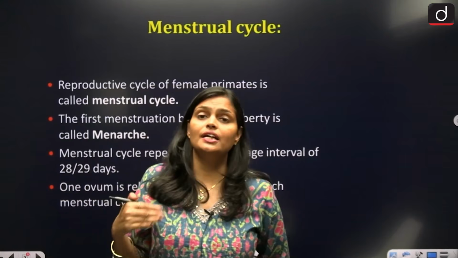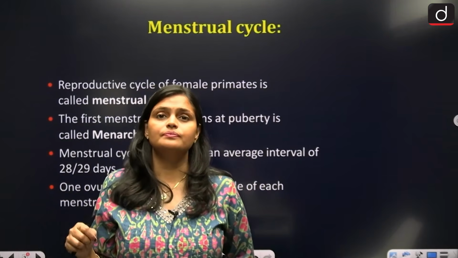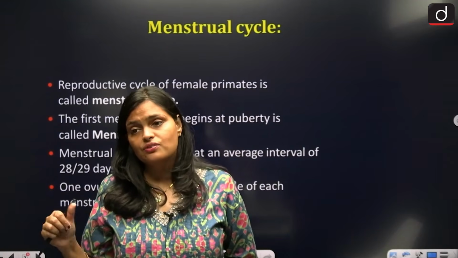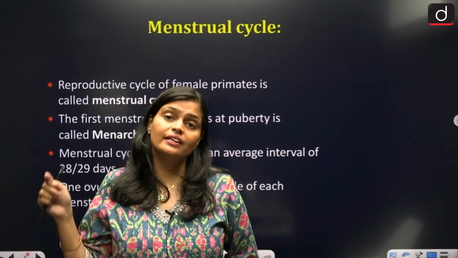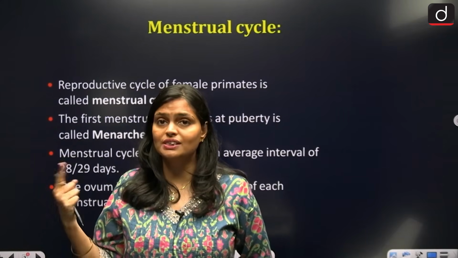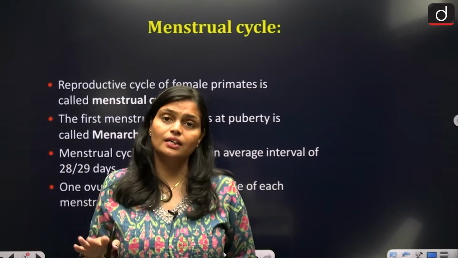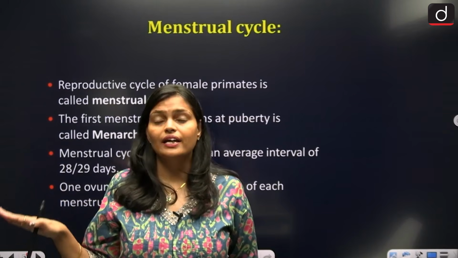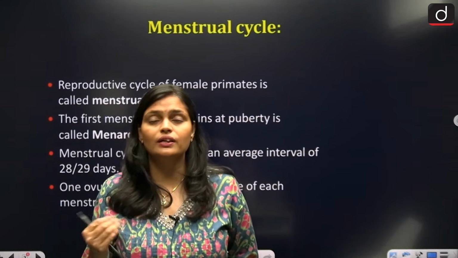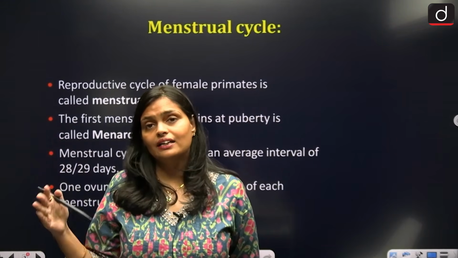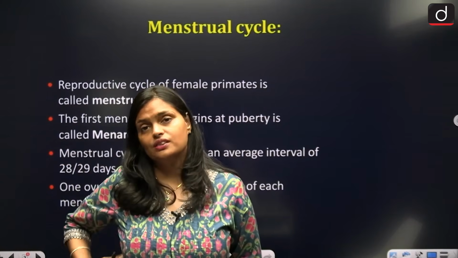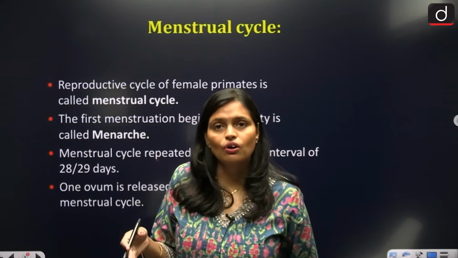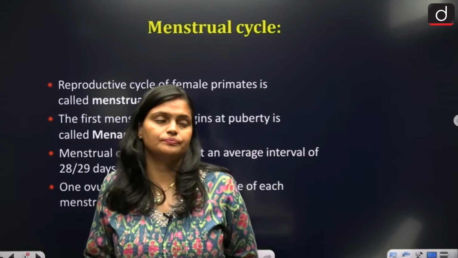Now this secondary oocyte again undergoes a meiotic division. And when it divides meiotically, what happens? It will form the secondary polar body. In the fallopian tube, after ovulation, meiosis 2 starts in the secondary oocyte, but again it halts at the metaphase 2 stage. Then when it meets a sperm, only then the next division starts, and it completely forms the ovum and the polar body. So basically in case of females, the division halts after some duration of time.